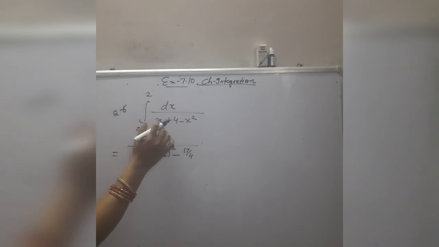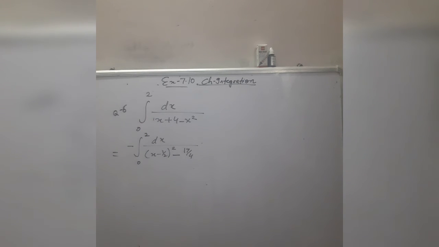In this case, you will take the coefficient of x, then the square of half of the coefficient of x you will add and subtract, and then you will get this form. Now here this is dx by x square minus a square form. 17 by 4 can be written as root 17 by 2 whole square. So it becomes x square minus a square form, and very easily you can integrate it by using the formula of this form, dx by x square minus a square, and after that upper limit minus lower limit. So you will simplify it yourself.